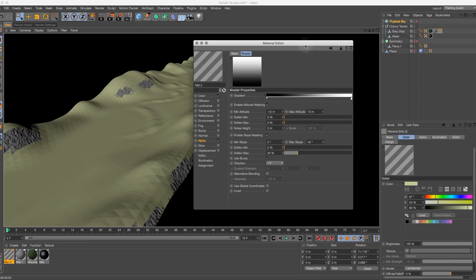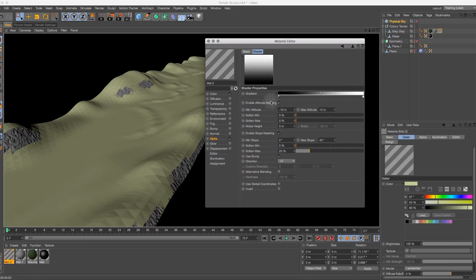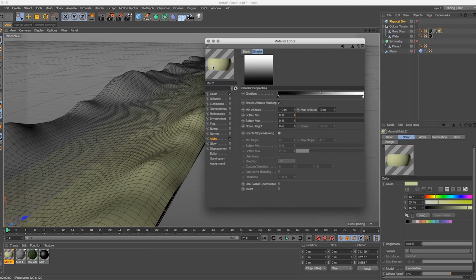That is something we're going to just use the altitude masking instead of the slope masking. And you can see we've just got this band, and what we want to basically do is set this up so that it only appears in the lower flatlands of the terrain. So you control the altitude, the minimum and maximum obviously here, and I don't know exactly what my highest altitude is at this point, but I certainly know that it's no lower really than, say maybe -2, probably isn't even that much. But if I put that in there and then put in something like 2 here,